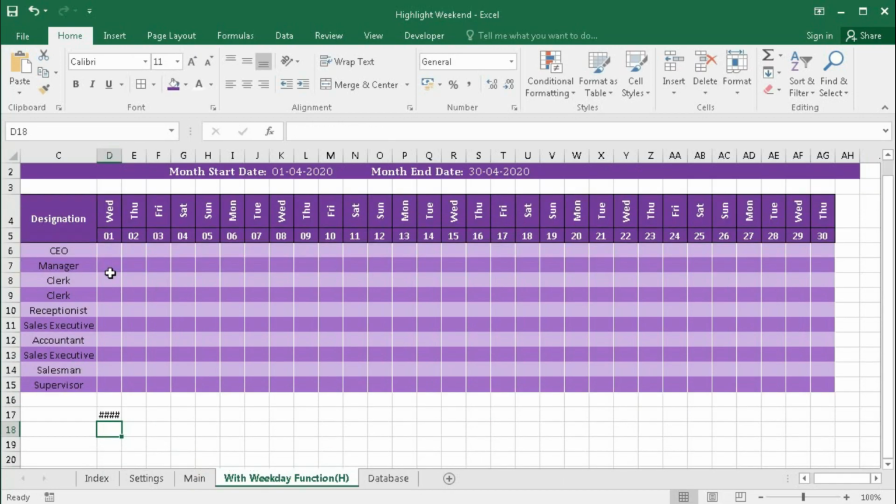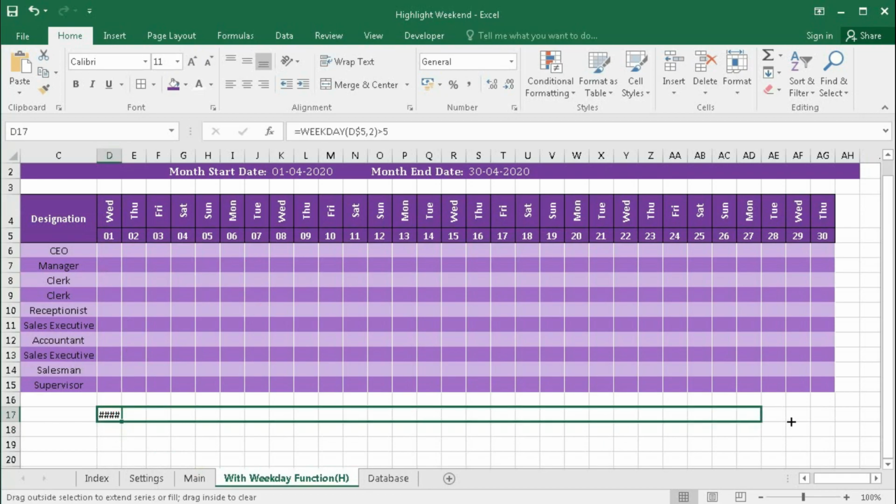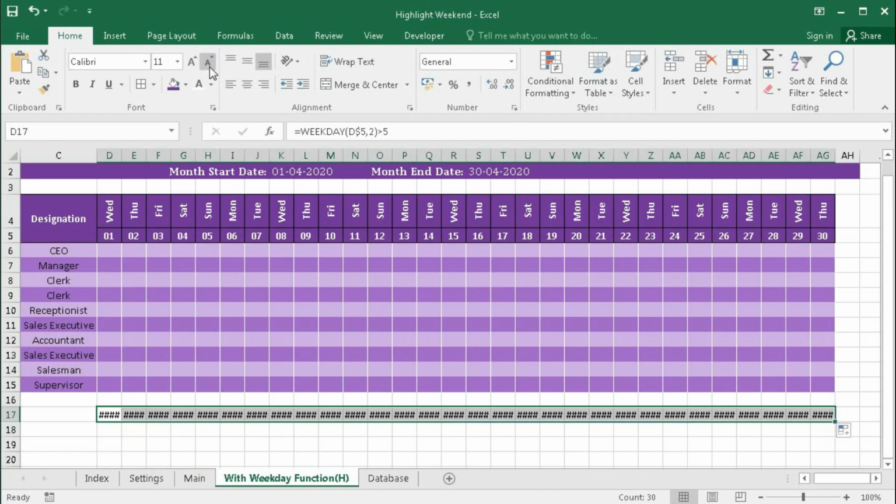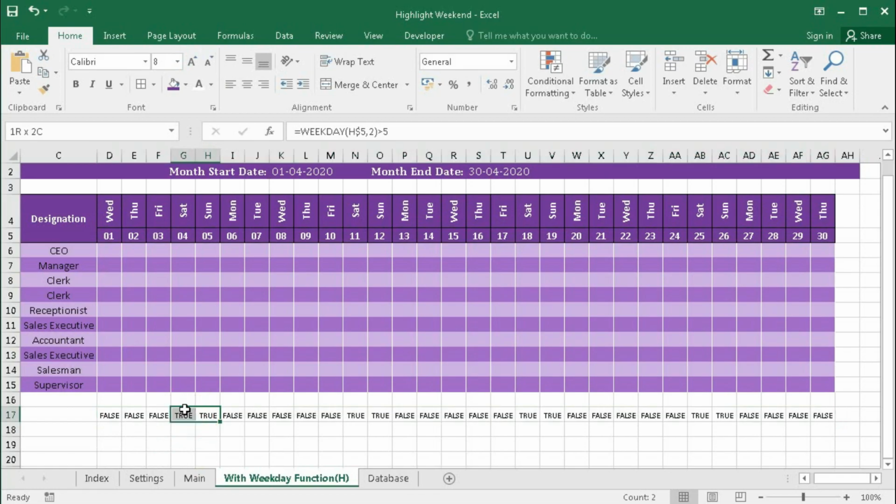Then press enter, drag it to the end and make the font smaller. So we get here false, false, false, true, true. These two are true. You can see here greater than 5 means 6 and 7, Saturday and Sunday. So we can use this formula.